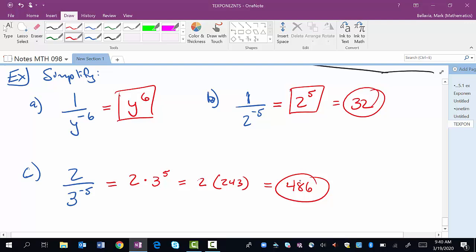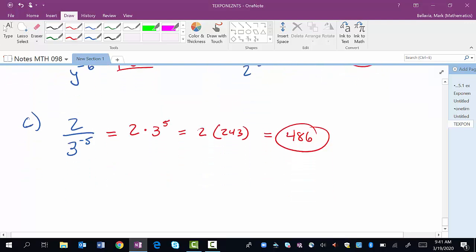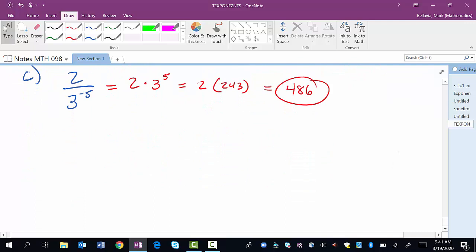But recognizing how this moves up, the 2 just stays 2, right? So you're going to leave it there. And 3 to the negative 5 moves up next to it as 3 to the positive 5 because it was in the denominator as a negative exponent. It tells you to move it up to the numerator. And we'll do a couple more here. Let's say I had